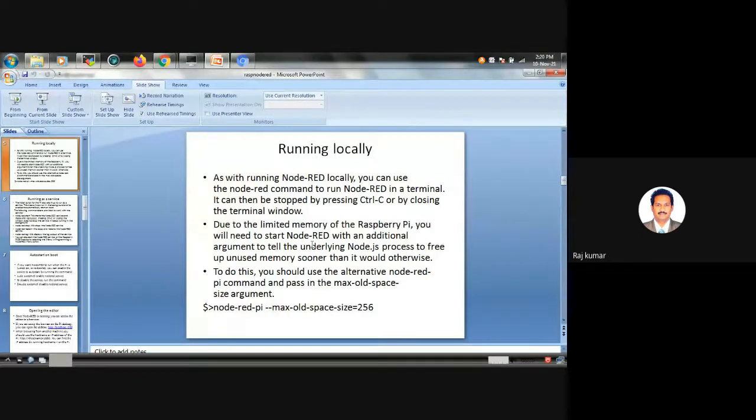So you can type this command: node-red --max-old-space-size=256, so that all the unused memory will be available to Node-RED, so execution will be a little bit faster.